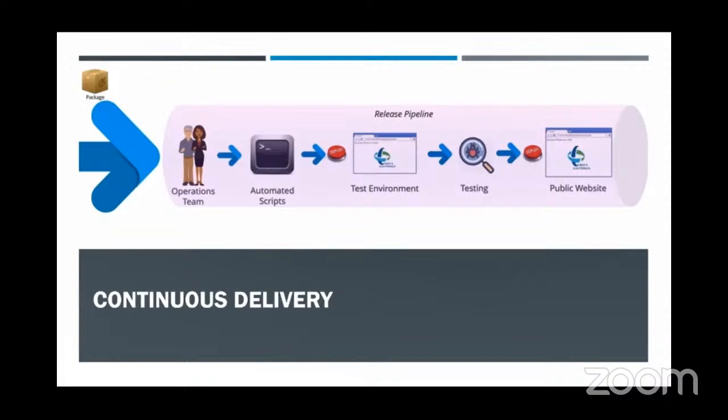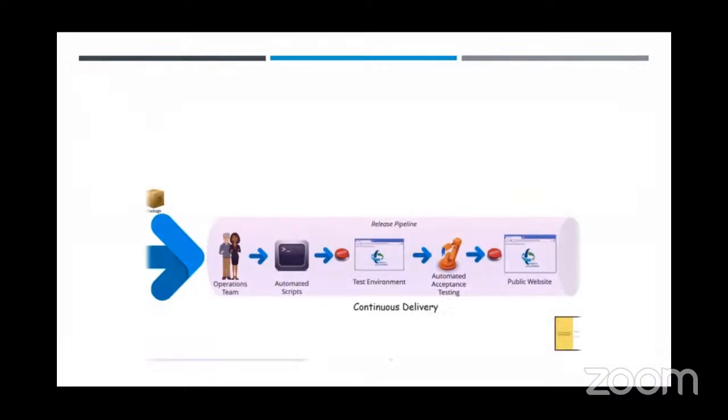And if the testing passes, it goes to the public website. Now, in this entire sequence, we see that there is only one step that is manual. But that so far is called continuous delivery, wherein all of the deployment is made automatic except for the testing part. We can make this whole process even more efficient by automating the last manual step, that is the testing part. So in this, the testers create test scripts or test code that automatically test the code once the code reaches the test environment.